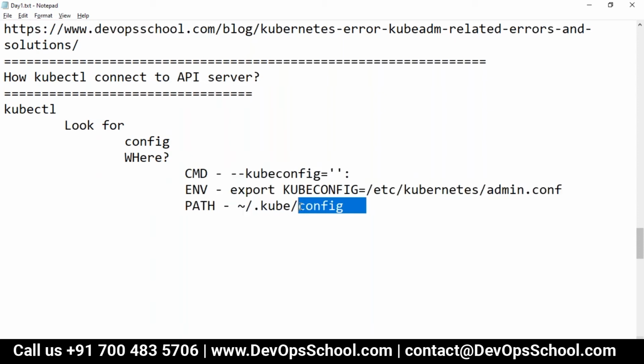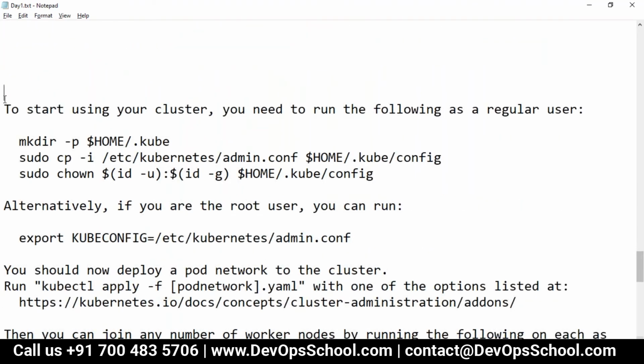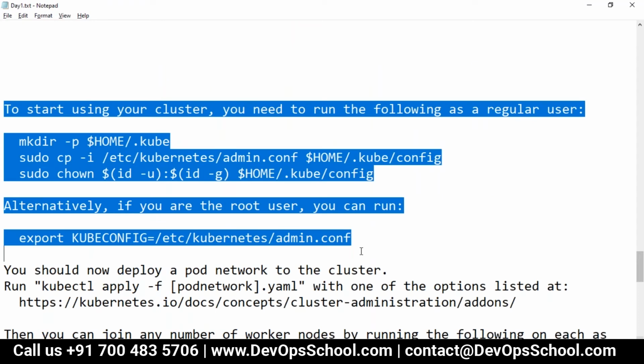Okay. So now with that in mind, can you please read this statement? Only the one which I have selected. Do you find this is something strange statement? You have done it unknowingly. What you have done? Set up a config file in the same machine. If you are setting up in a different machine, what you need? Content of config file. That file which you have in the admin.conf.